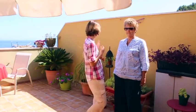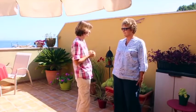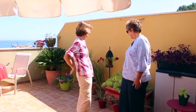So I'm here at my friend Jane's house and she's got this beautiful roof terrace garden, and although it's already really cute and lovely, she wants to make a few improvements. So Jane, what are the bits that you're not happy about? You sort of mentioned this corner you're feeling is a little bit...